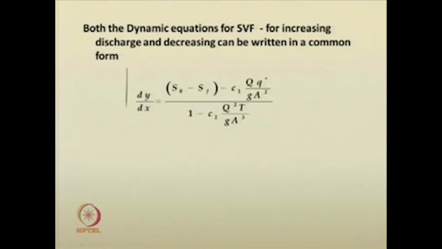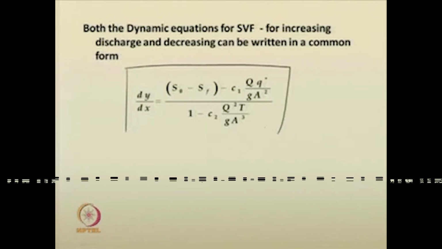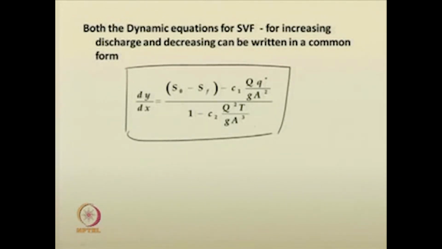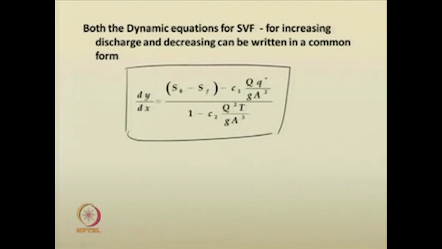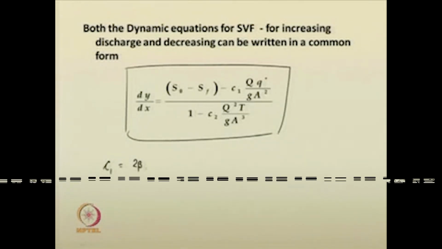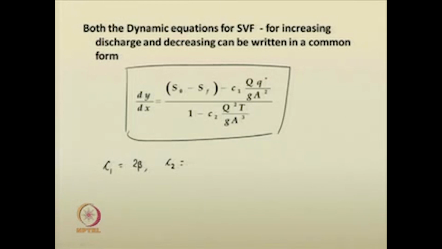I have expressed this in a common form here: dy by dx is equal to S0 minus Sf minus a quantity C1 into Q Q star by g A squared, the whole thing divided by 1 minus C2 Q square T by g A cubed, where C1 is equal to twice beta and C2 is equal to beta